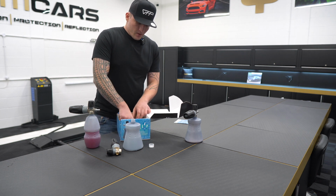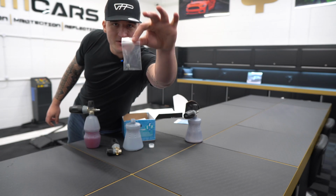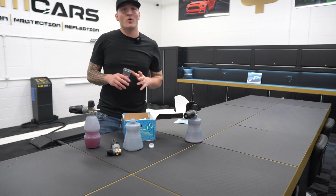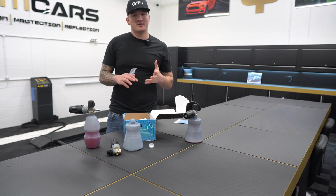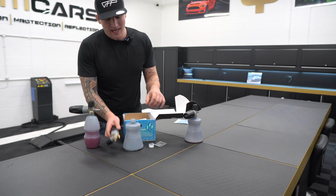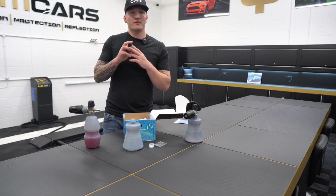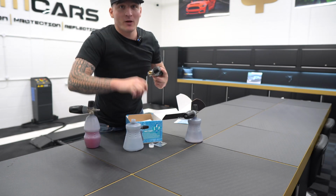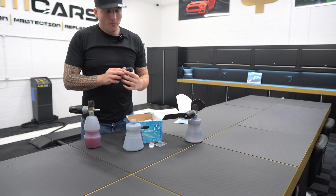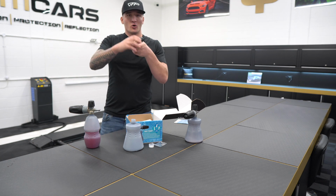Now, the most important thing within this, you see a little bag. So here, this is a 1.1 millimeter orifice. Now the difference between the two orifices are as so. As standard, the cannon will come with a 1.25 millimeter orifice pre-installed, so just in here where we will actually be putting attachments in. So 1.25 orifice is basically how much pressure and how much water goes through the little